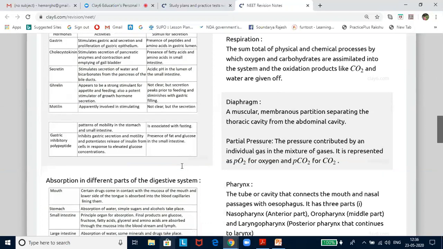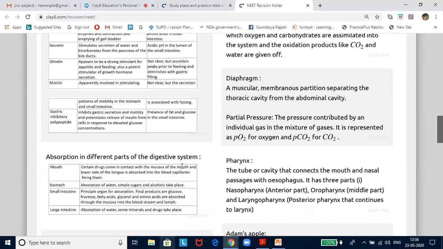Now let us look into absorption and assimilation of digested foods. Absorption is the process by which nutrient molecules are taken into the cells of living organisms. Digested food is absorbed into the blood and lymph from the alimentary canal. Most absorption of food occurs in the small intestine. Absorption of nutrients is the primary job of intestinal villi. To reach the blood, a nutrient molecule must pass through an epithelial cell of the intestinal lining.